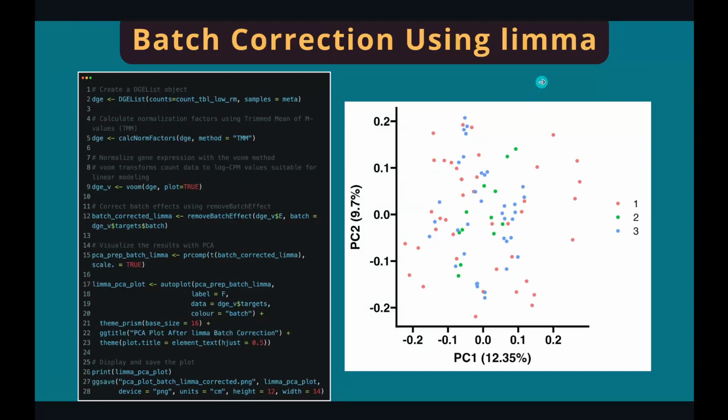The next method is from limma. That's why I like limma, because limma is so versatile. It can do a lot of things. So as usual, in limma, we have to create a DGEList object by combining the gene expression matrix and the meta table. Then we normalize the gene expression data and call another function called